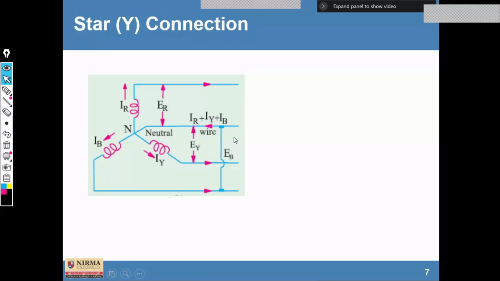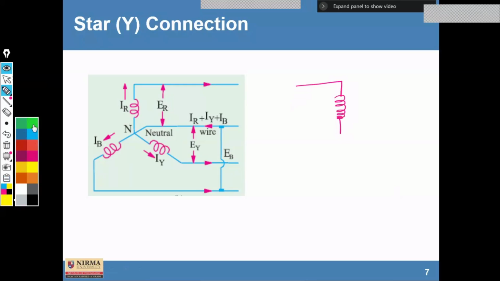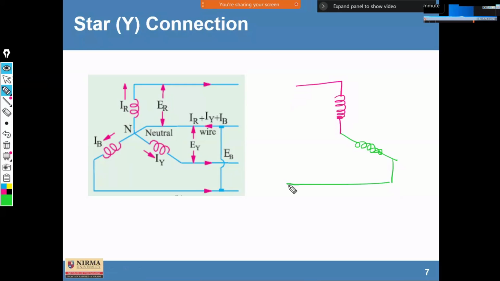Okay. So as I told you, the star connection, fine. Now these star connections have different relationships. So first of all, let us see. I may draw in a different way so you can understand with the different colors. So red phase, fine. For the Y phase, I may use a different color like green. So this is the Y phase. And we have